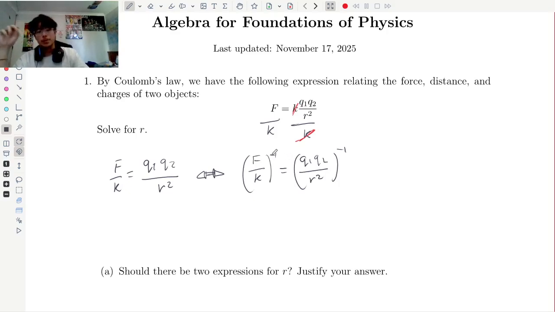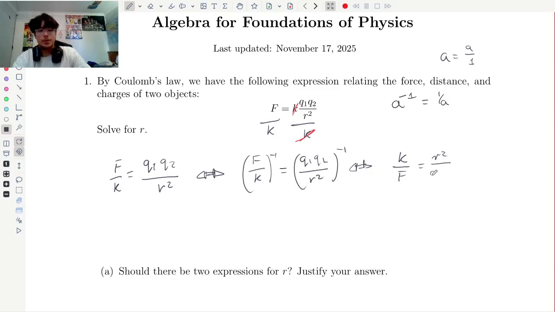Now, the reason why I'm doing power of -1 is because of the following index rule, where if I've got a to the -1, this is equal to 1 on a. So you can think of a as being equal to a over 1. So every number is a fraction just over 1, but we just don't write it because it's not necessary. And then if you do a to the -1, that will flip it. So now this is going to be equivalent to k over f is equal to r